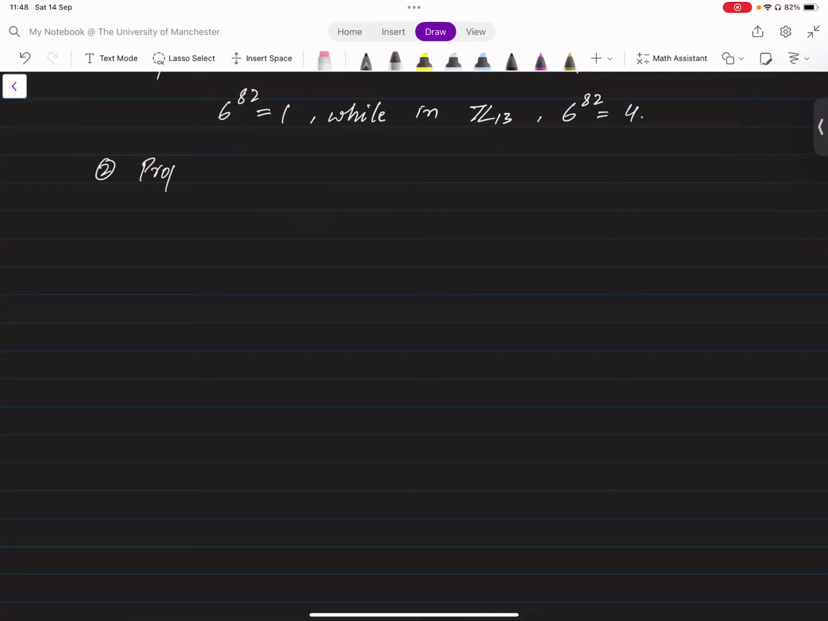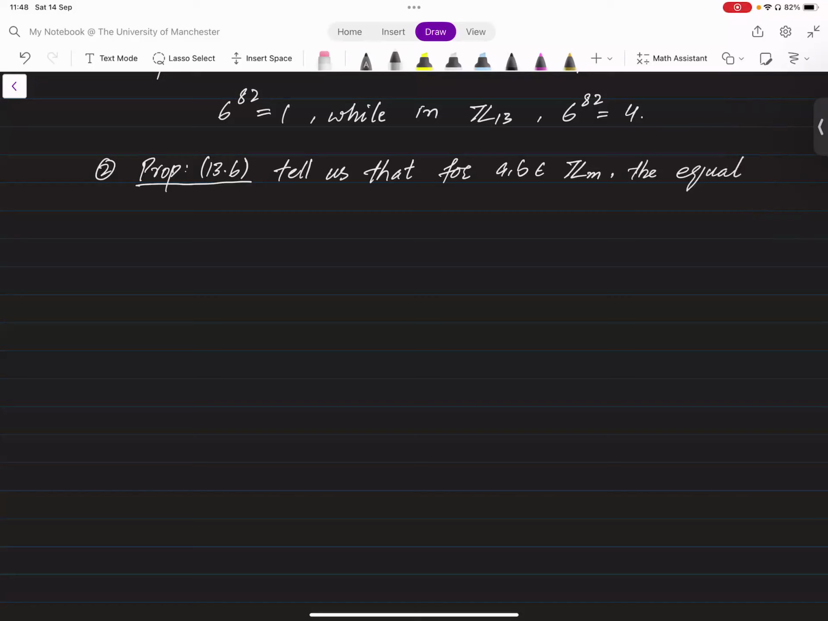Example 2: Proposition 13.6 tells us that for a, b in Zm, the equation ax is b has a solution for x in Zm if and only if